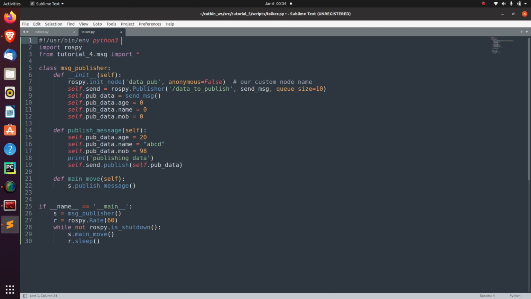For the sake of keeping this video short, I have written this code and I'll be explaining it line by line. In the talker.py node, the first line tells ROS that this is a Python 3 file and this is the address where the interpreter is kept. The second is import rospy. The third, the most important line, is from tutorial5.msg import *. This imports the messages, whatever messages we have written. You can specify the send message.msg file directly here, but I have imported all the messages which are there in